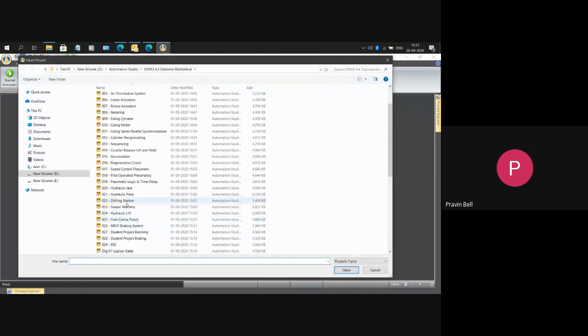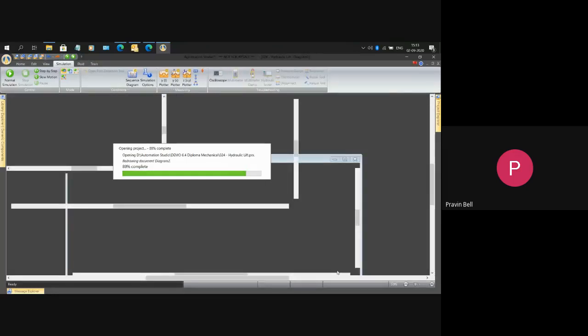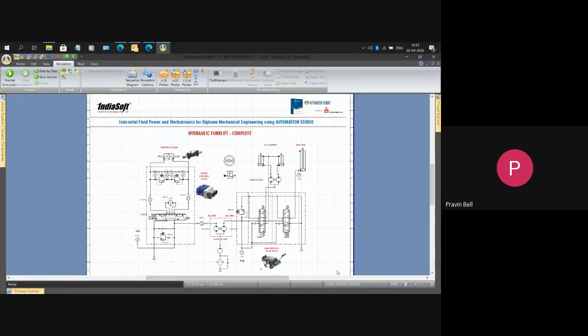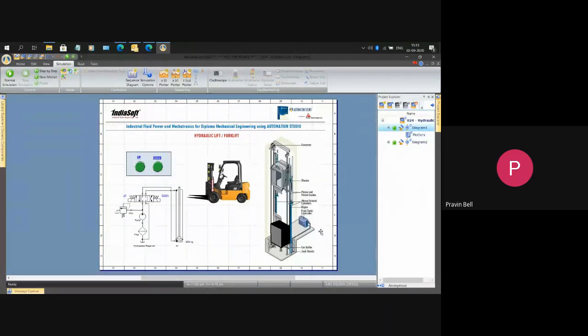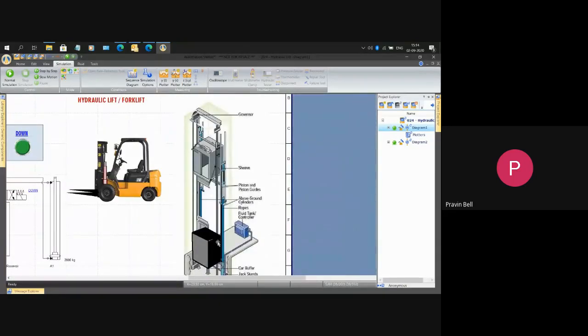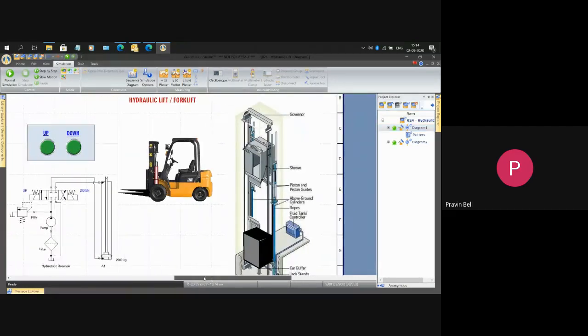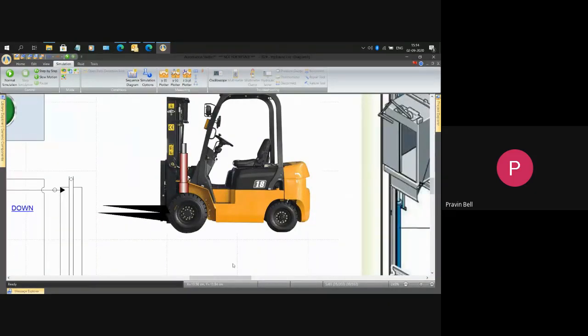Then, hydraulic lift. Again, hydraulic lift was there in a lot of practicals we saw. A hydraulic lift is actually nothing but a piston being actuated for a particular load and a particular height. So a hydraulic lift could be an elevator machine like this, which has a hydraulic or pneumatic cylinder operating this cabin, or it could be a forklift machine like this, which has hydraulic pistons here.